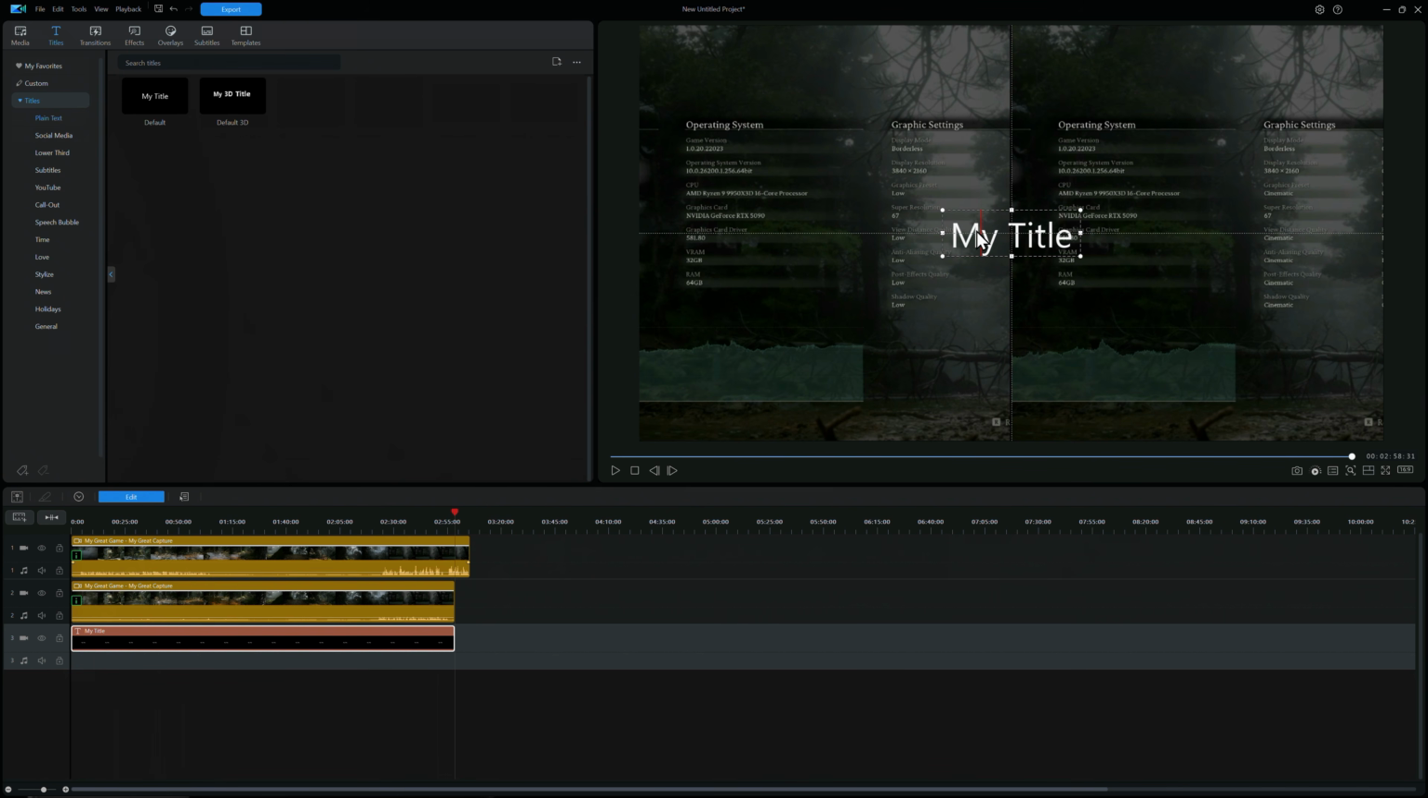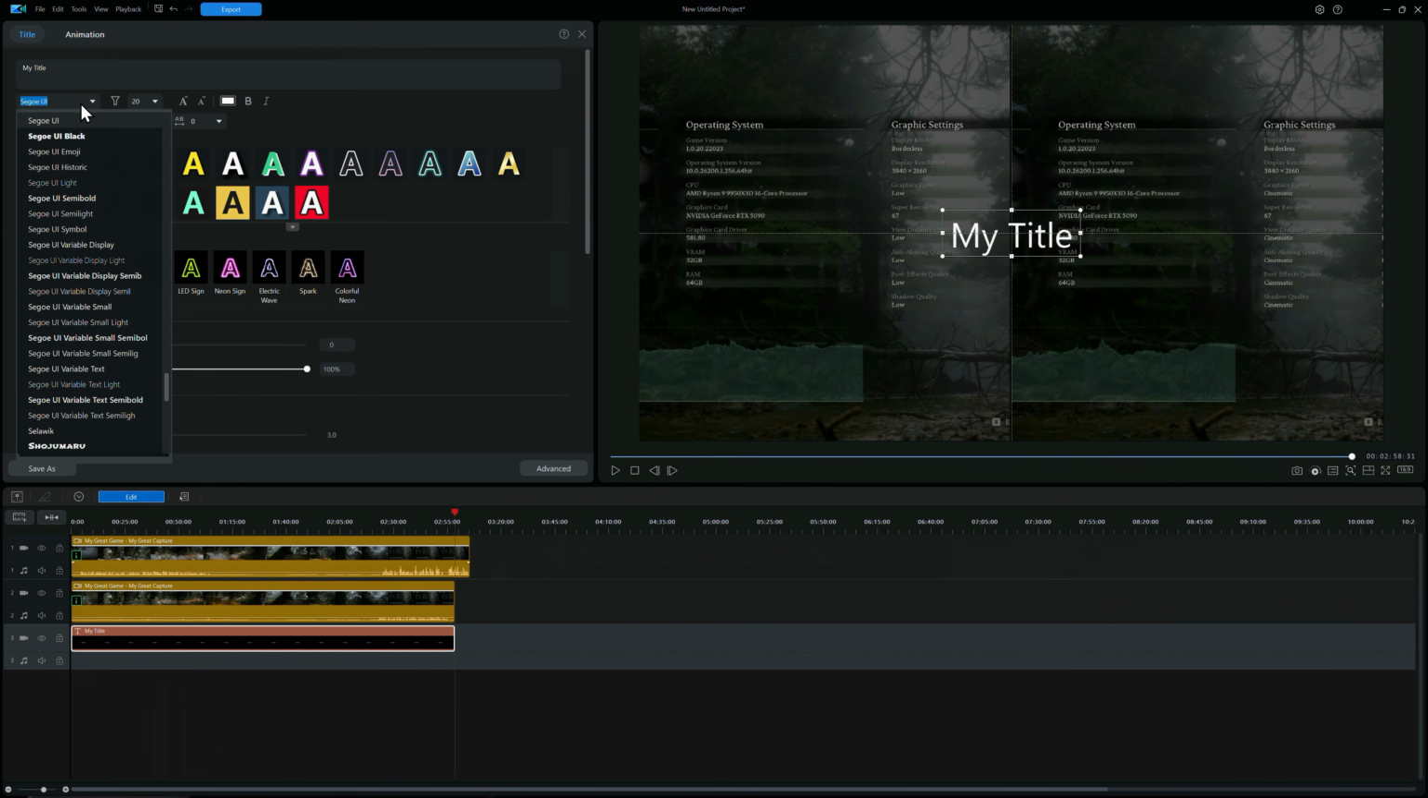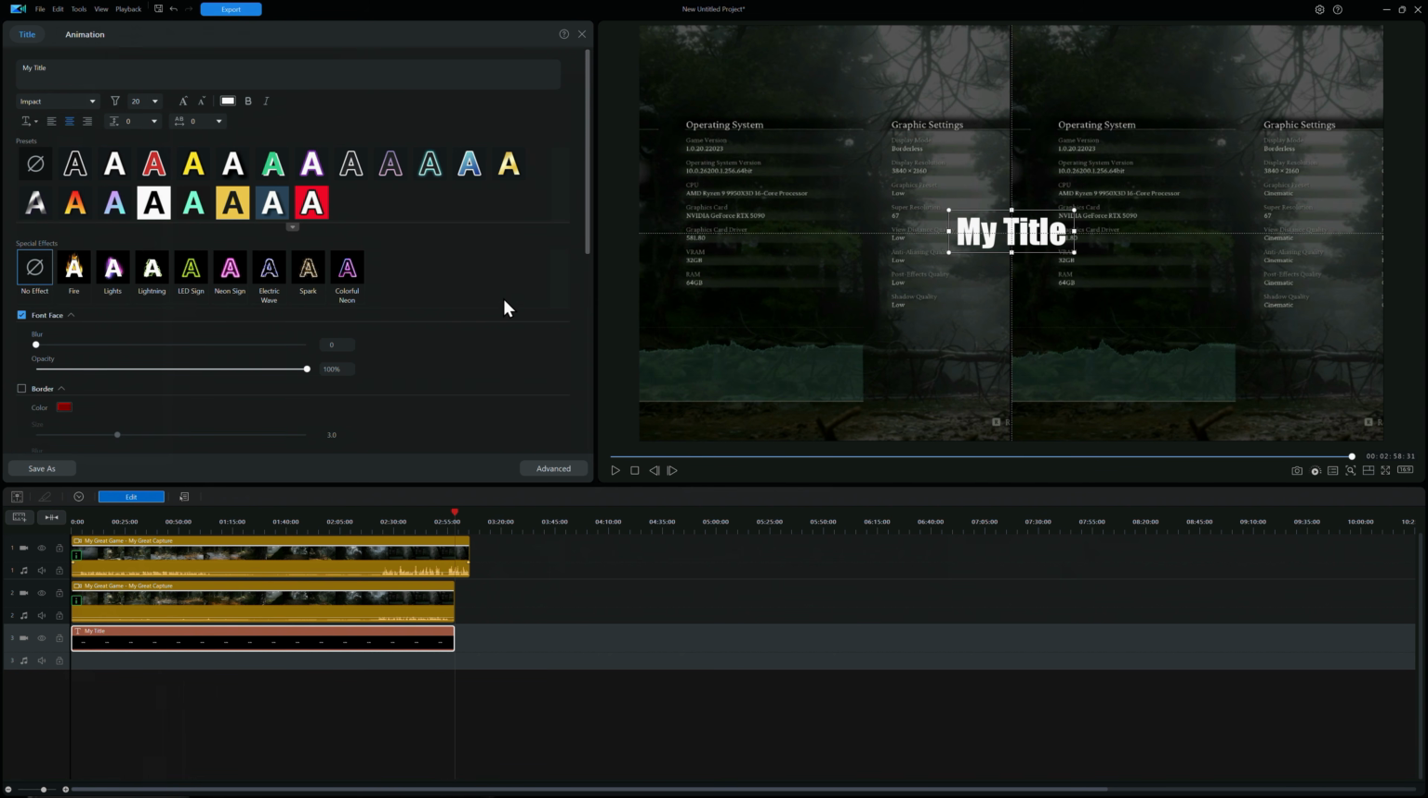So first things first, you double click the text and then your media bin disappears. You get options for all your text. So first of all, I'm going to change the font. Let's go with Impact. And then I'm happy with that. So now I want to change this to low. And now I want to move that into the corner. So now you guys know that this is low